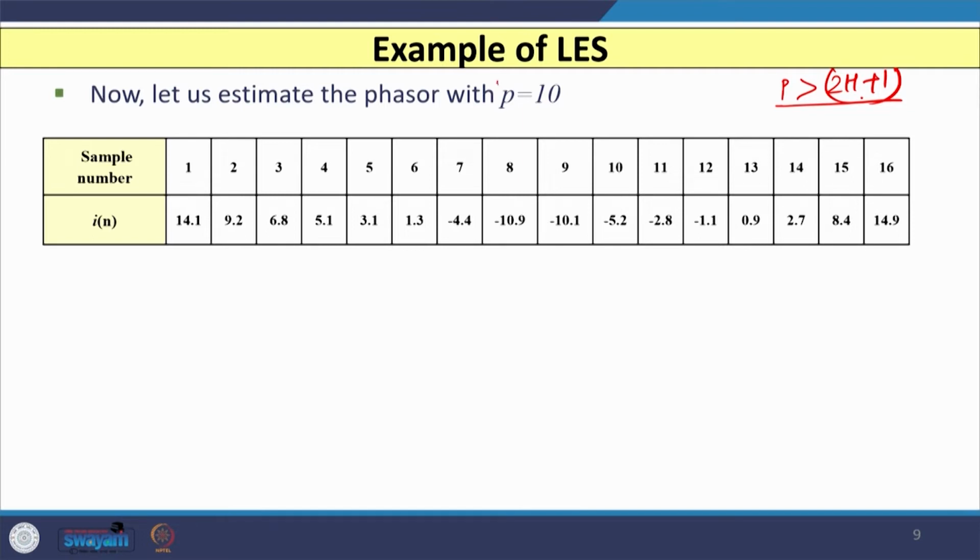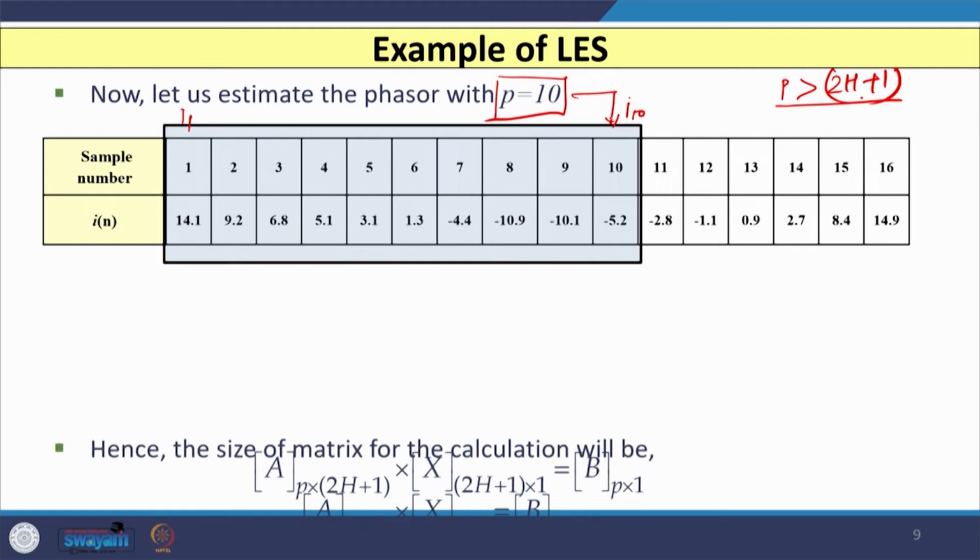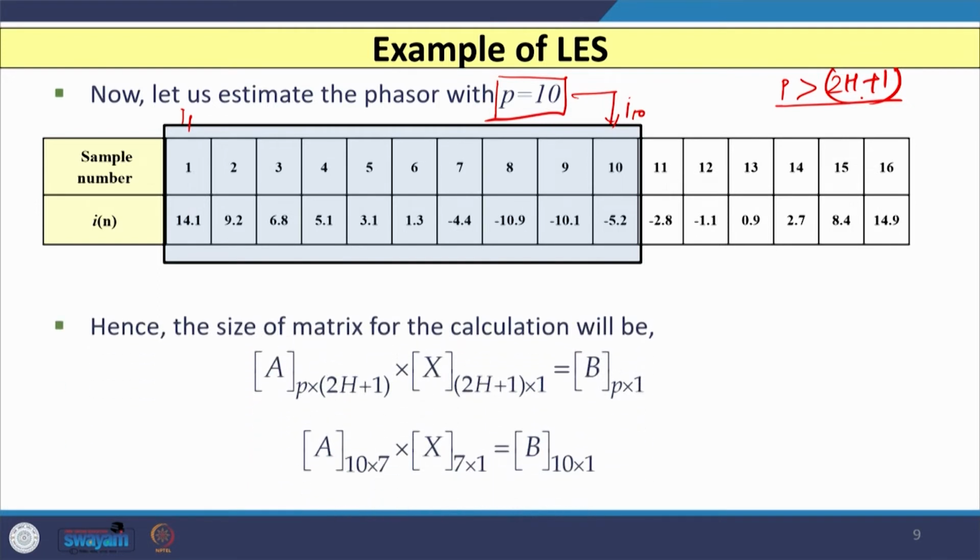So, let us consider P equal to 10. Now you are going to use P that varies from I 1 to I 10, and in this case if you calculate the size of the matrix A,